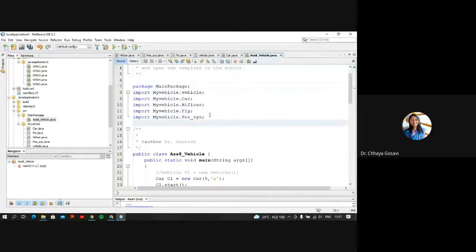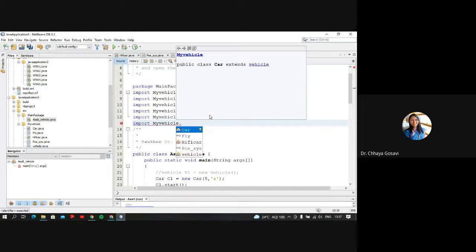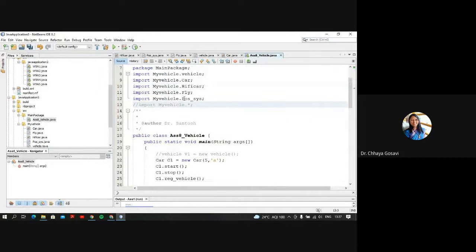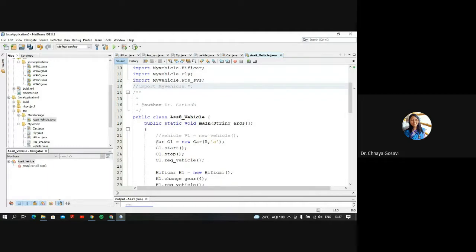Or what else you can do is import my vehicle dot, and it will show all the interfaces and classes, or you can just put star, meaning all classes and interfaces. So either you can import an individual class or interface, or you can import everything from my vehicle using dot star.